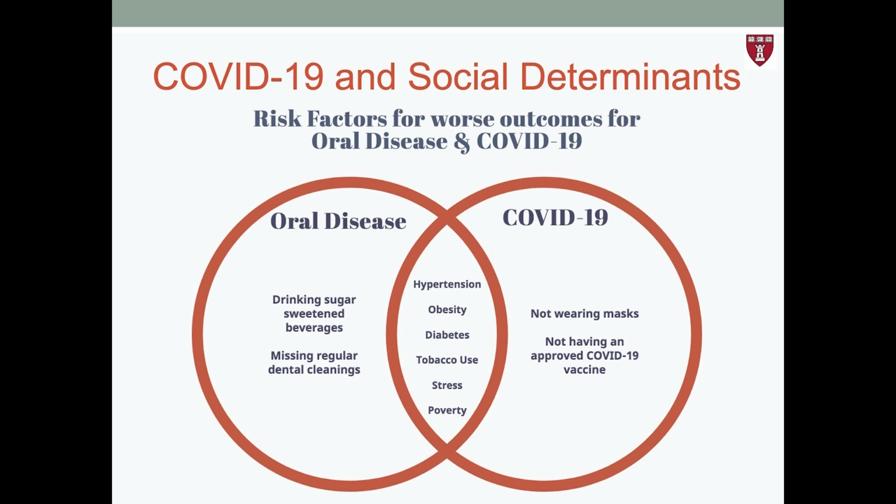COVID-19 cannot be considered without addressing social determinants of health. For instance, hypertension, obesity, and diabetes are the three major underlying conditions with the most unfavorable outcomes in COVID-19 patients requiring hospitalization. These conditions are also risk factors for dental diseases linked to lifestyle practices deeply rooted in social and economic circumstances that limit the selection of healthier choices and impact oral health status. Common risk factors include stress, poor diet, substance use disorders, behavioral health issues, domestic violence, and poverty.